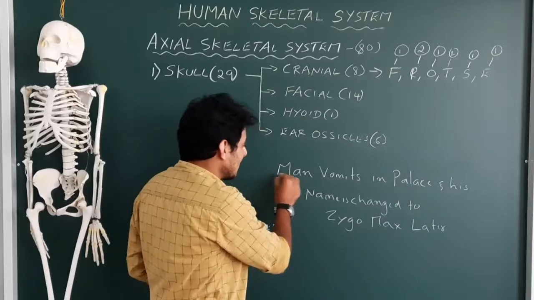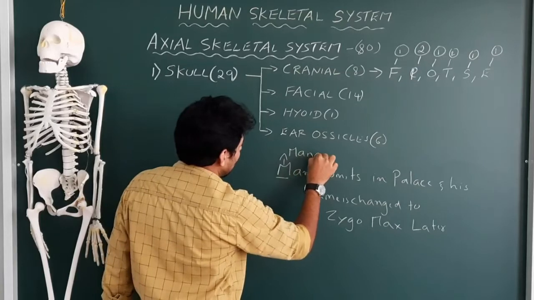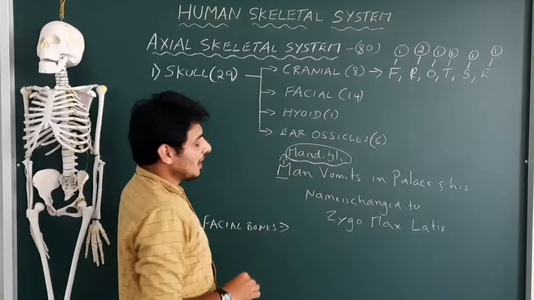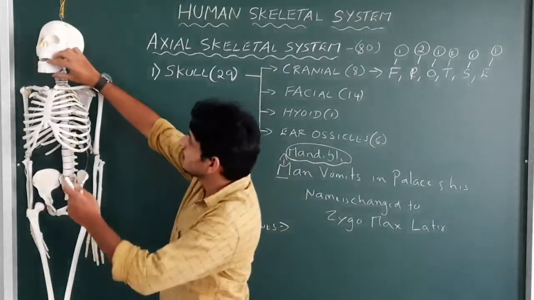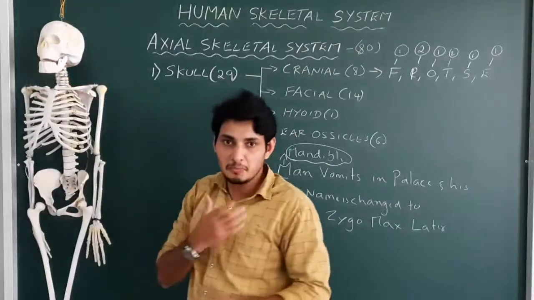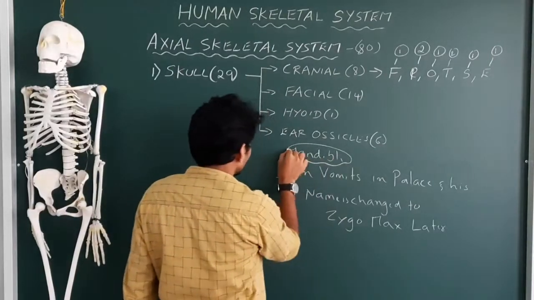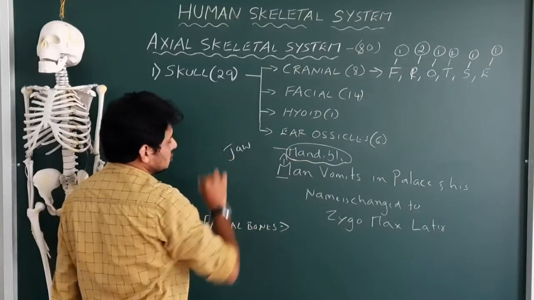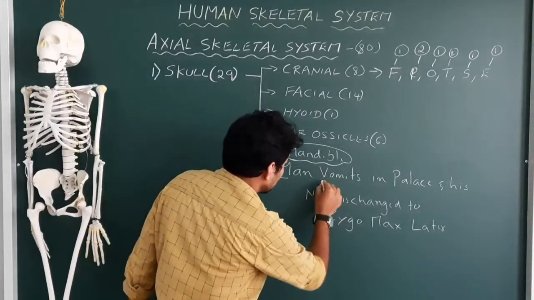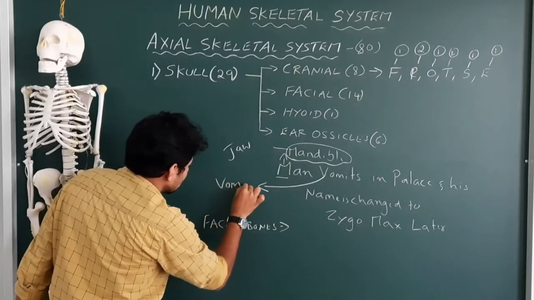So what is this M? The M is mandible. Let me use white chalk so I can highlight this. So M is the man, that is mandible. See, this is mandible. How many mandibles are there? Only one mandible, right? You can see a huge, big mandible. Mandible can also be called jaw bone. Let me write here: jaw bone. Only one mandible.